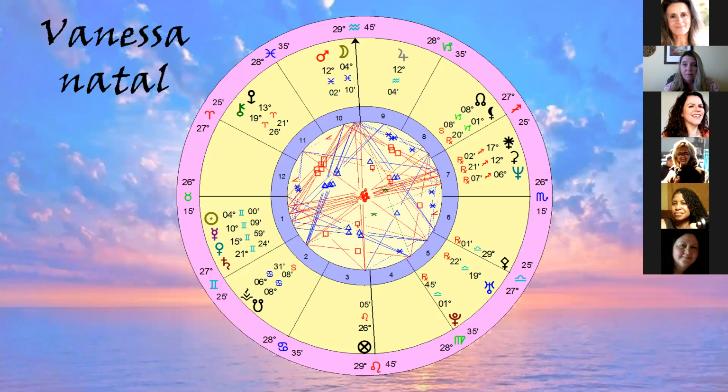combination as well. Nodal axis in the 2nd and 8th, with the North Node in the 8th and the South in the 2nd. And that would be North Node in Capricorn. So Saturn is quite important for the North Node, and then the South Node is tying into that Moon, and it's actually a trine. So, okay, we've got a lay of the land of what Vanessa's natal chart looks like.